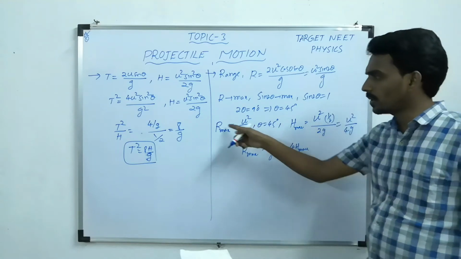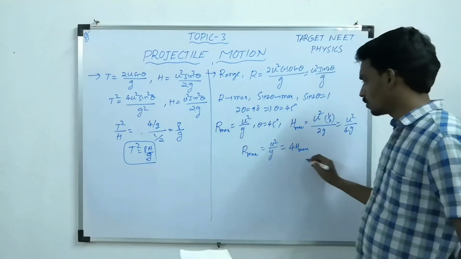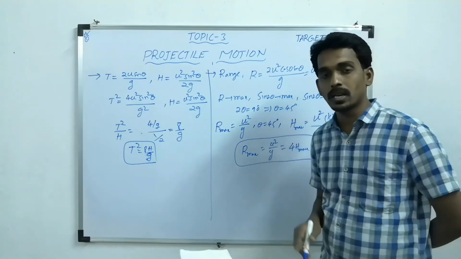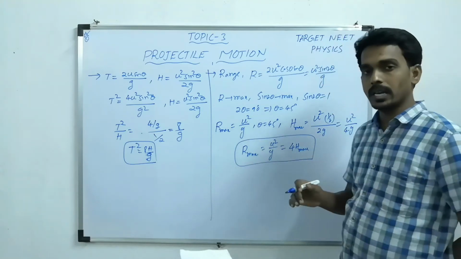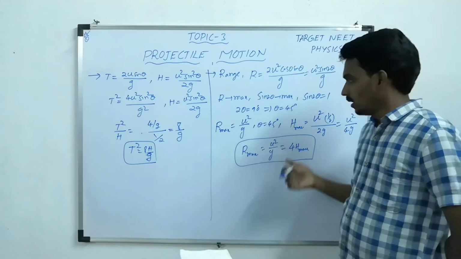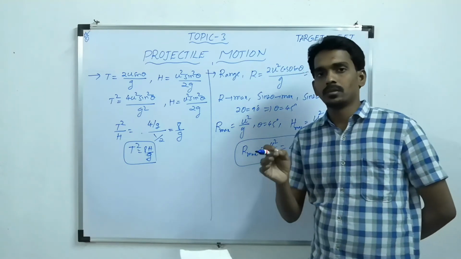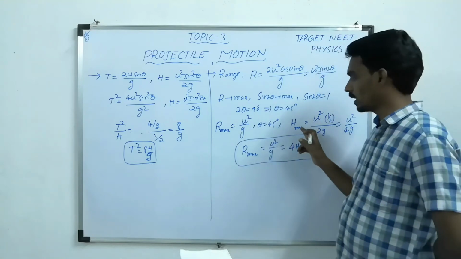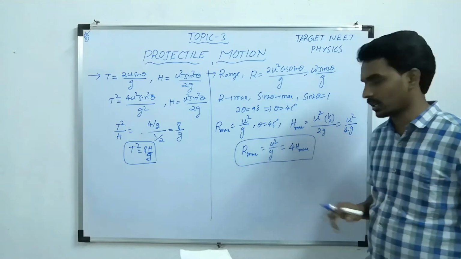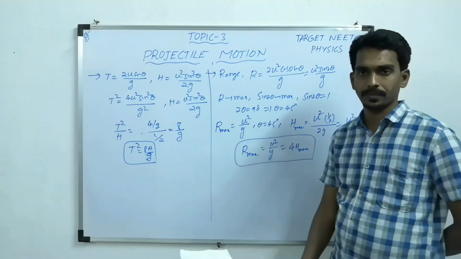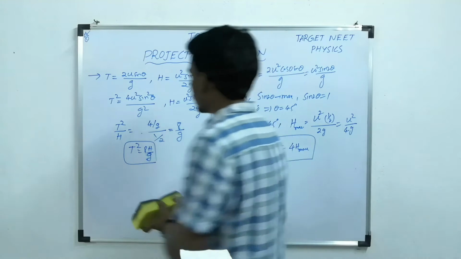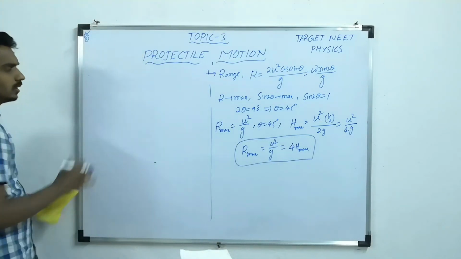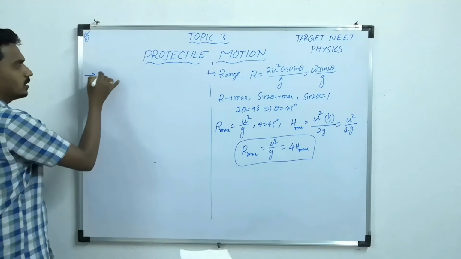But what is u square by g equal to? R maximum. So what is the relation between R maximum and the corresponding h maximum? H maximum at theta 45. So at an angle of projection of 45 degrees, range is maximum, and the corresponding maximum height reached by the projectile, they are related in this manner. And one more thing we can study about this range, that is the range of a projectile is same.